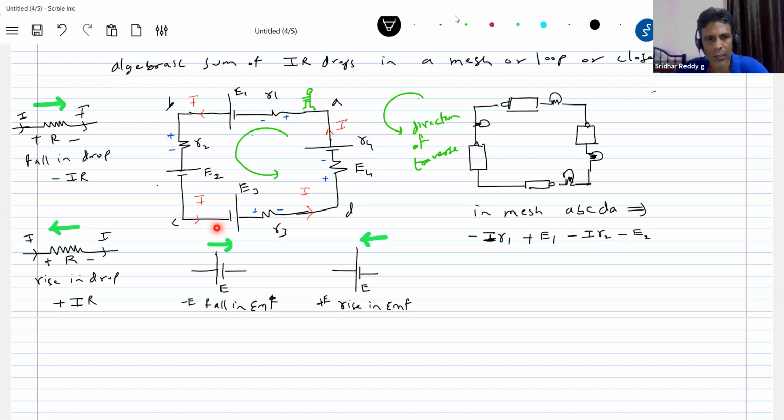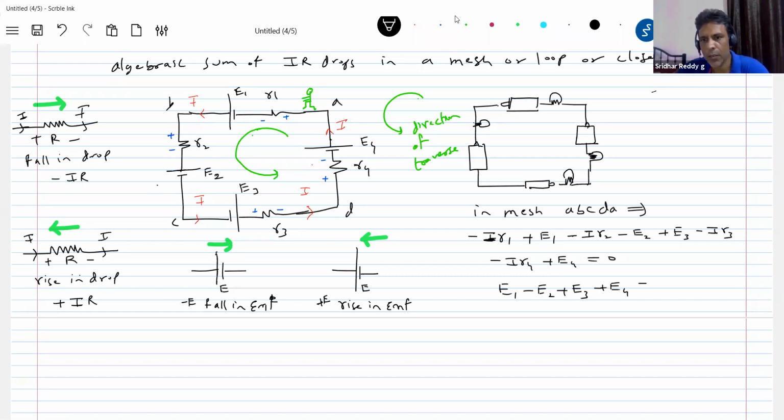Now again come to this cell. I'm moving from negative to positive terminal here, so this should be plus E3. Across the resistor, I'm moving from positive to negative terminal, so fall in drop, minus IR3 here. Then the cell E4. Now here fall in drop, minus IR4, plus E4 equal to 0. So therefore this will become E1 minus E2 plus E3